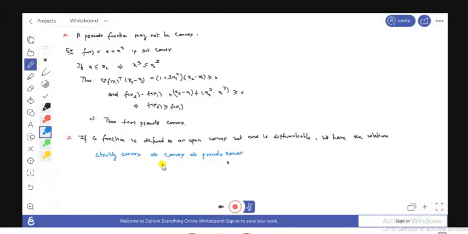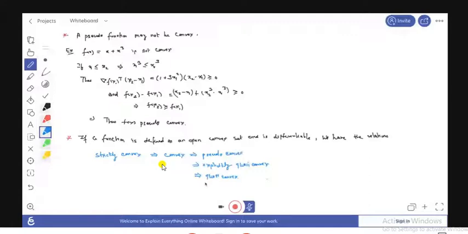And if any function is pseudo-convex, then it is also explicitly quasi-convex, and if it is explicitly quasi-convex, then it will also be quasi-convex. So all these things: if any function is strictly convex then it is convex, if convex then pseudo convex, if pseudo convex then explicitly quasi convex, and if explicitly quasi convex then quasi convex, but